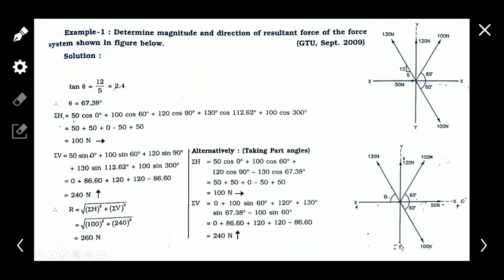So first we have to find the summation of all horizontal forces, or the horizontal components. That means first we have to do the summation of the horizontal forces, or of the horizontal components of the forces. Now there is one more problem: all components are cos theta or sin theta. The horizontal component is cos theta and the vertical component is sin theta, if the force makes the angle with the horizontal.